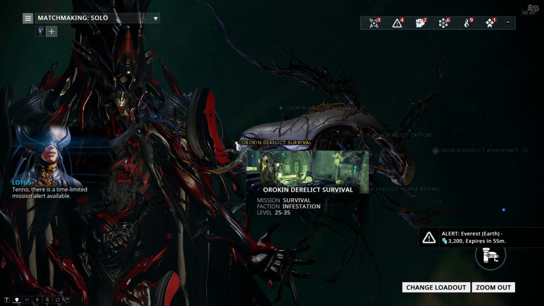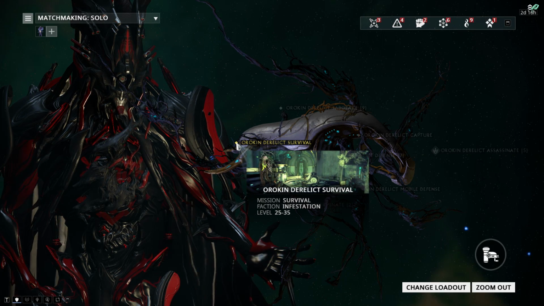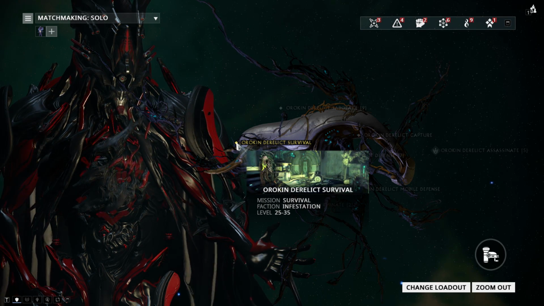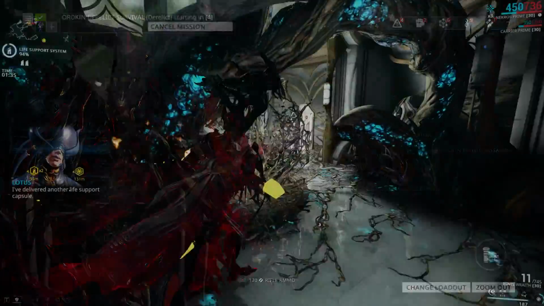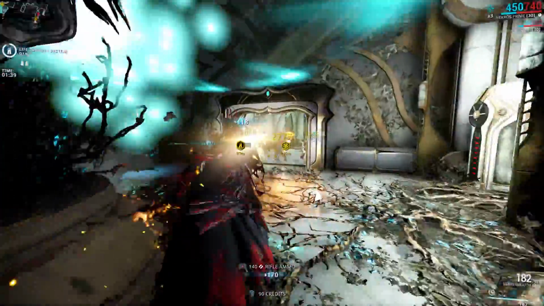Next up, we have Nano Spores, Mutagen samples, and also Lephantis nav coordinates, so you can do Lephantis and get yourself Necros if you don't have him already. And the mission we're gonna do for those is the Orokin Derelict Survival. Some people like to do Orokin Derelict Defense instead, but I would not recommend it, especially if you don't want